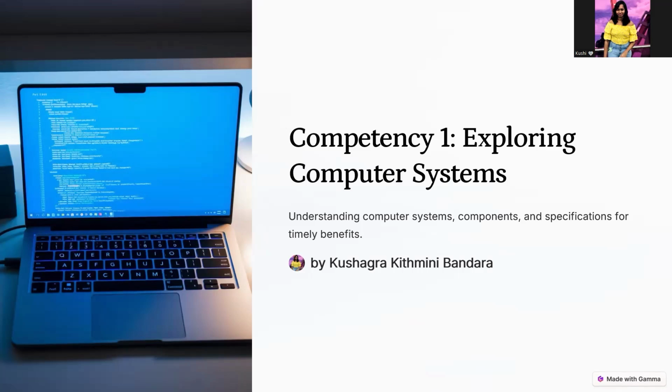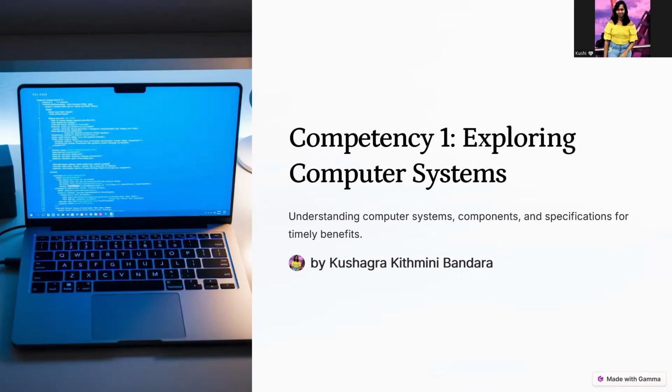Welcome to you all. Today we will explore Competency One, which focuses on understanding computers and their potential to provide timely benefits. We'll start by breaking down the basics of the computer system, its components, and how they work together. By the end of the session, we will have a clear understanding of how computers function and what to look for